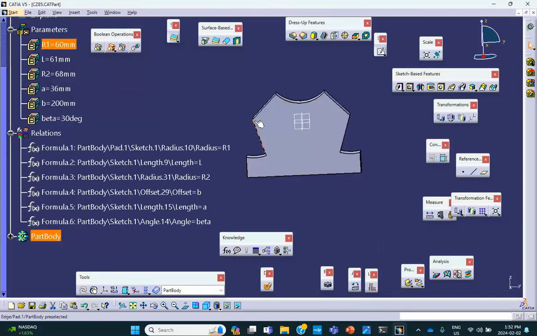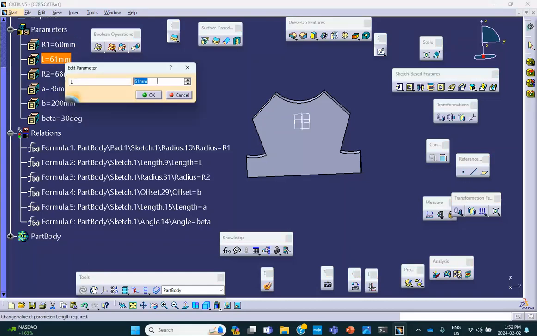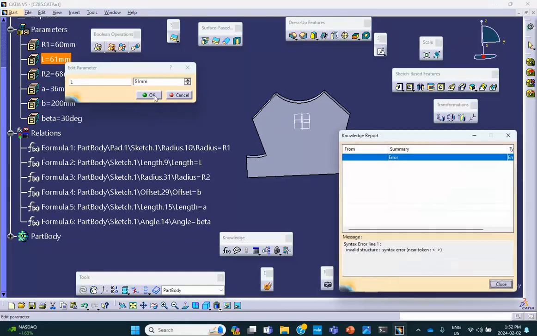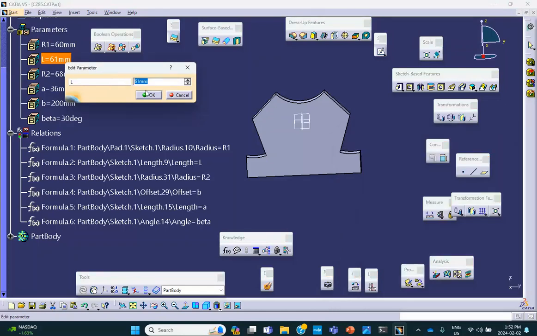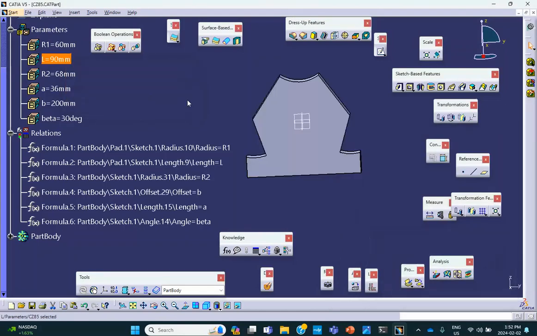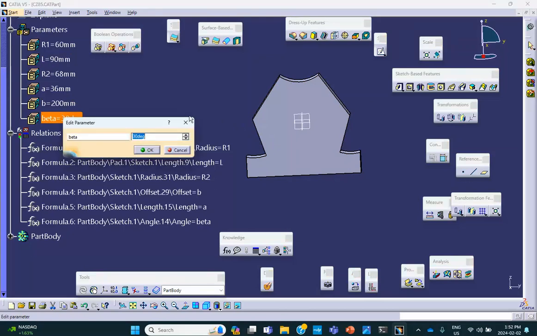This value L, I'm going to change that to 90. Okay. What else do we have here? The angle beta, that angle beta, let's go make it